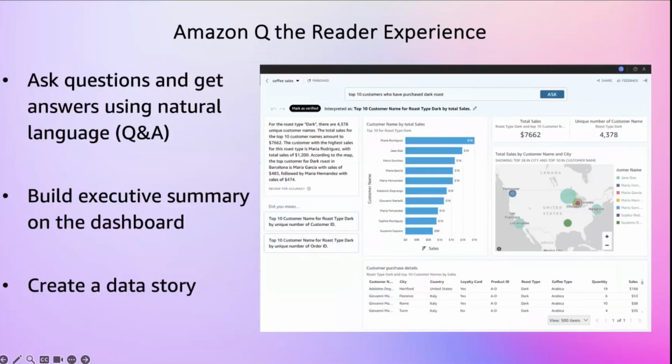And as we drive on, we're going to assume the lens of the reader, or in this case, we'll say your shareholders. And we're able to ask questions and get answers using natural language or Q&A in real time. We're able to build executive summaries on the dashboard, and we're also able to create a data story. Now, when you click on the Q&A and you ask a question, and this visualization I shared it with everyone here, top 10 customers who have purchased dark roast coffee. And there's a few things going on in this screen grabber here. First, you're going to have